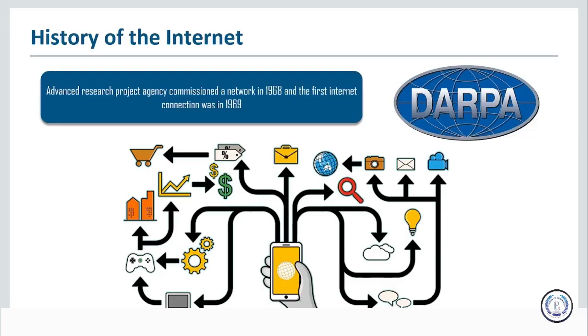Now, the first router was called an interface message processor, and that was developed by BBN. It was actually a ruggedized Honeywell computer that had special interfaces and software. So the first router wasn't a ground-up built piece of hardware, but an existing piece of hardware that was specially purposed for this particular application. Honeywell made the computer, and BBN took that and made some specific hardware interfaces and wrote some special software that allowed it to turn into this interface message processor, which passed messages over ARPANET from one location to another. So where did IP come in?